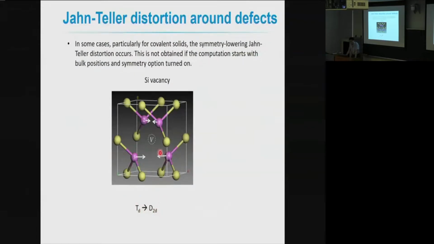Okay, but if you remove one silicon from the calculation and just relax it as it is, then because of the symmetry of the original system, you never find such a Jahn-Teller distortion. So either you intentionally distort your system in this way, or you can run some molecular dynamics simulations, or annealing simulations of some length at elevated temperatures, to obtain such symmetry-lowering relaxation patterns. All right, so this is quite